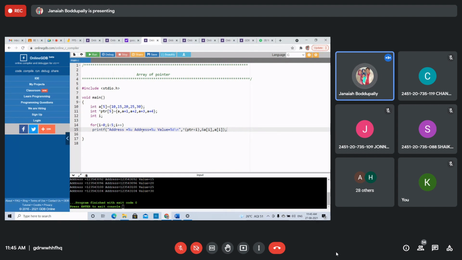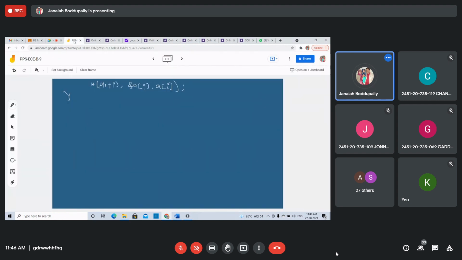Students, how to calculate the address of a particular element in a 1-dimensional array using the formula, I explained, right? It is in the notes. I don't want to explain that once again. Now, accessing 2-dimensional array elements using a pointer. How to access 2-dimensional arrays? Before that, we will execute one program.